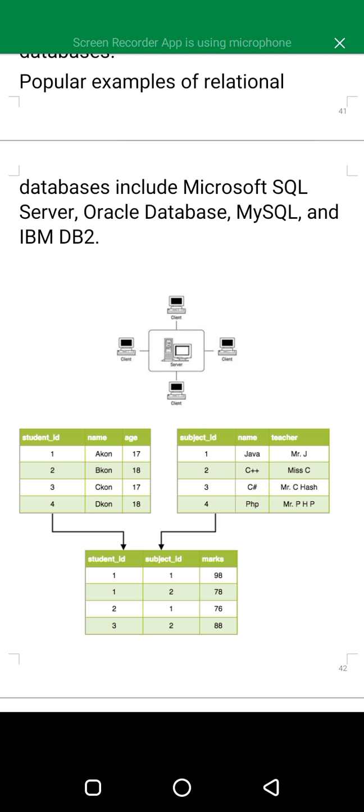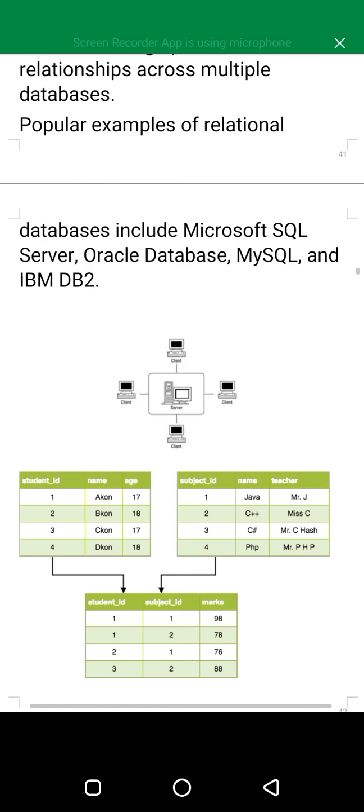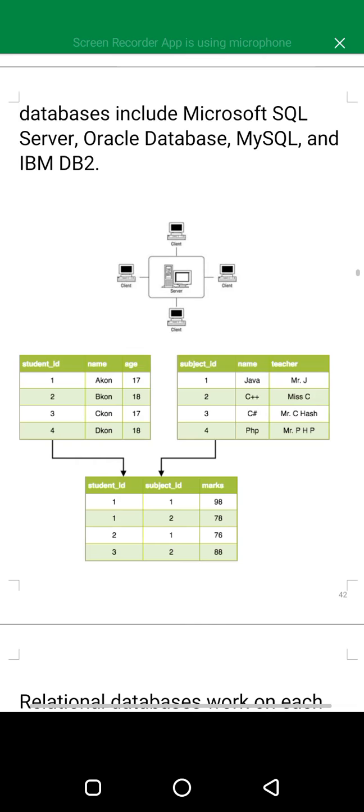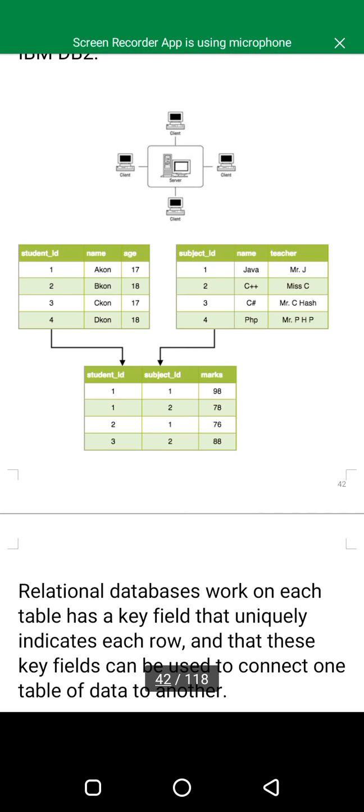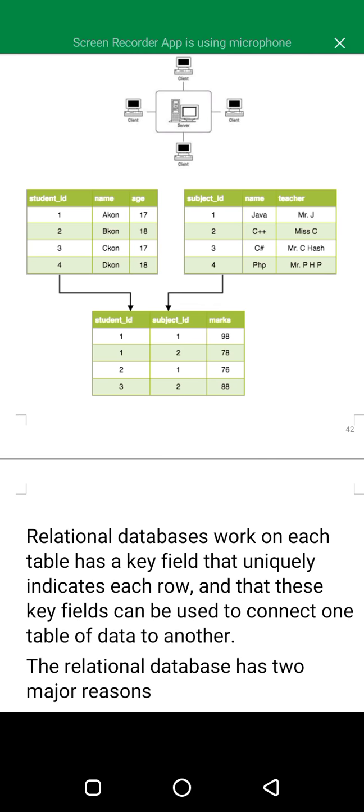This is how they work: one server, very many clients. For example, on table 1, the top left, a student number is used to refer to another table below, as you can see. While in table 2 on the top right, a subject ID or a subject number is used to refer to the lower table.